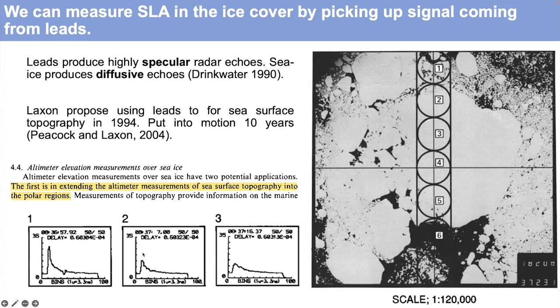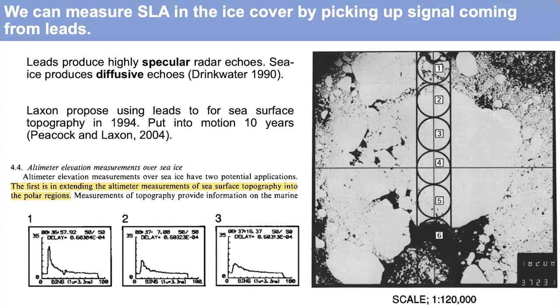Here you have the echoes: 2 and 3 are above a floe, and you see it's much less peaky than echo 1, which was above a mix of floe and water. So we've known for a long time that leads, so holes in the sea ice, produce very peaky signals. And at some point, someone in 1994, that's the oldest occurrence I could find, said that we could maybe use that to measure sea surface topography. And he actually did so 10 years later with a first paper that gave a climatology of the sea surface anomalies